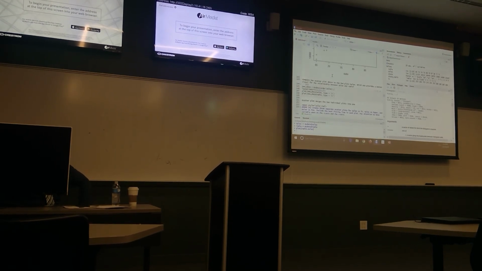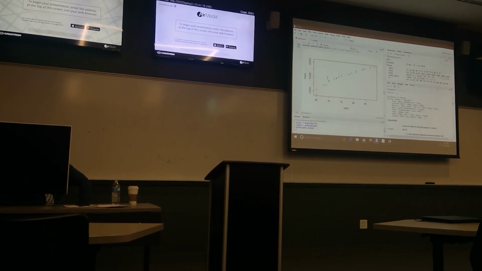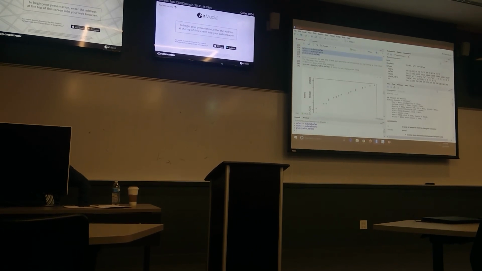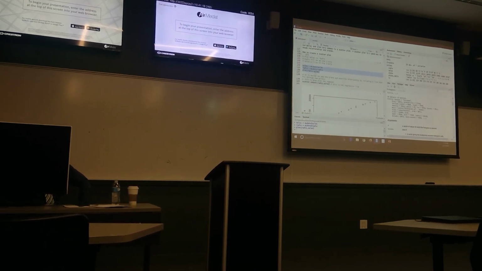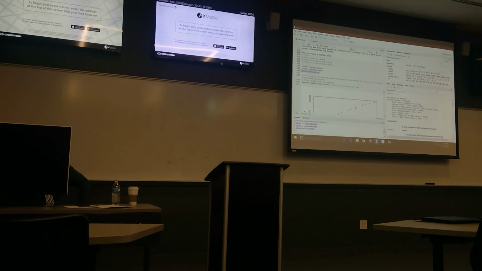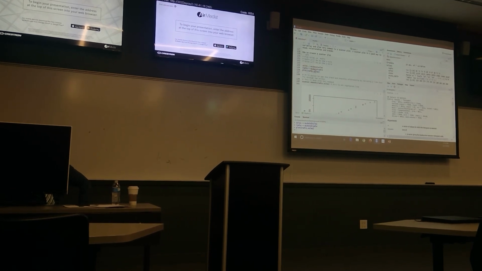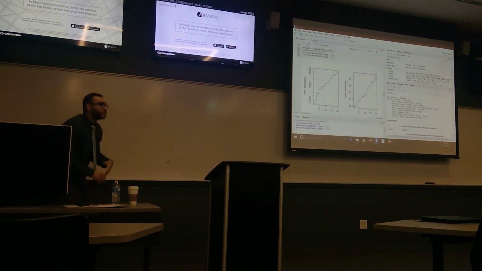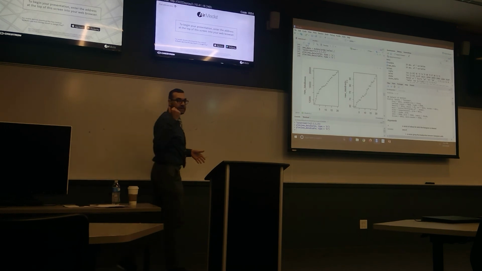Now compare this chart, which is the scatter plot. Again, you can create a scatter plot using the plot function, and you have to enter the two variables in here instead of one. Compare this chart to this. It is the same information, but in two different charts. That's what I showed you last time.